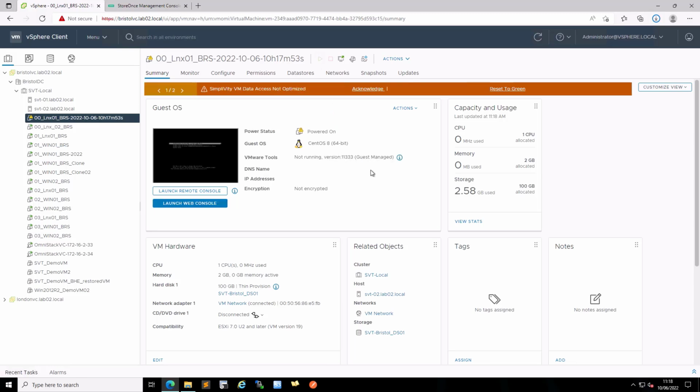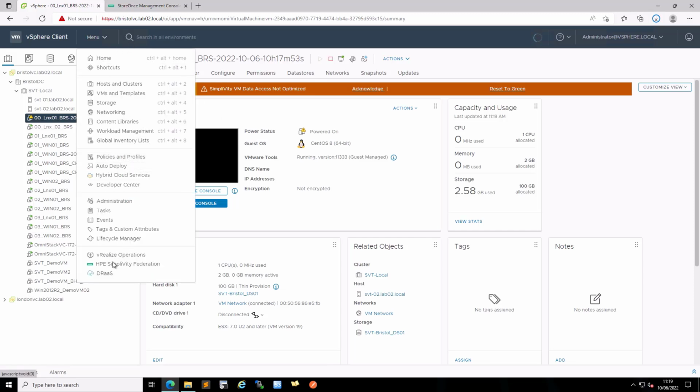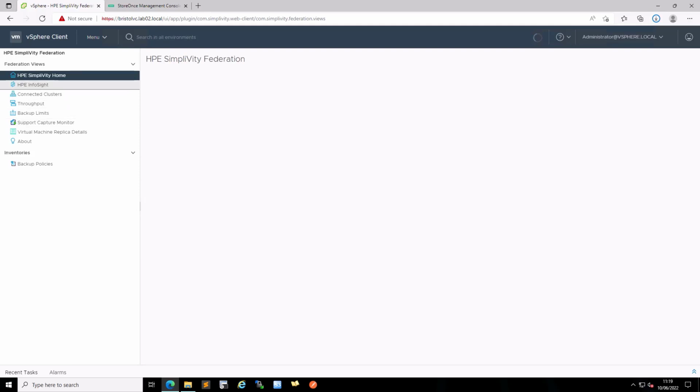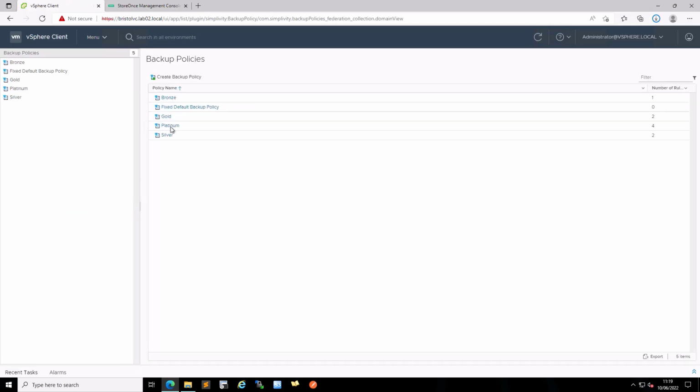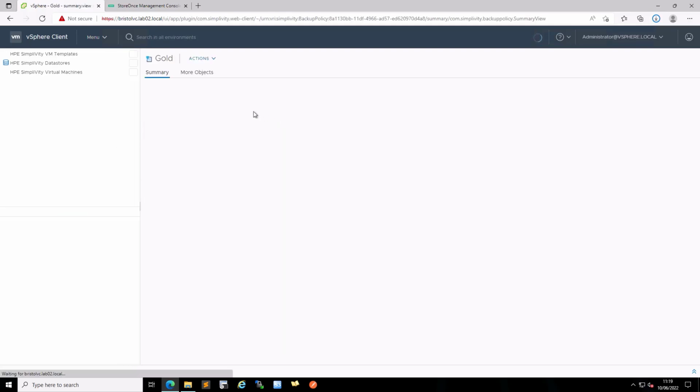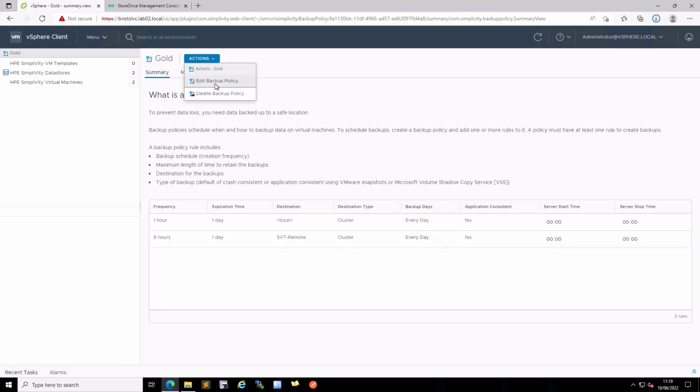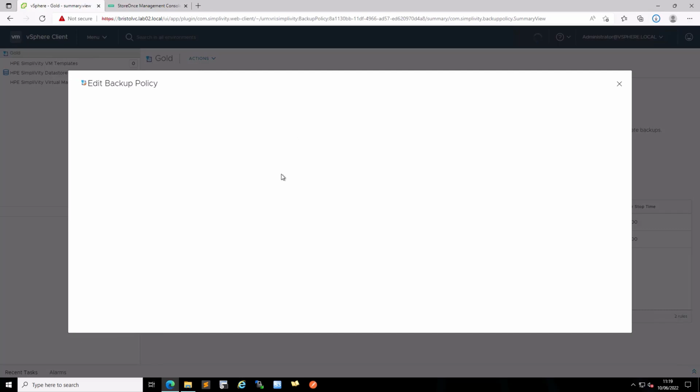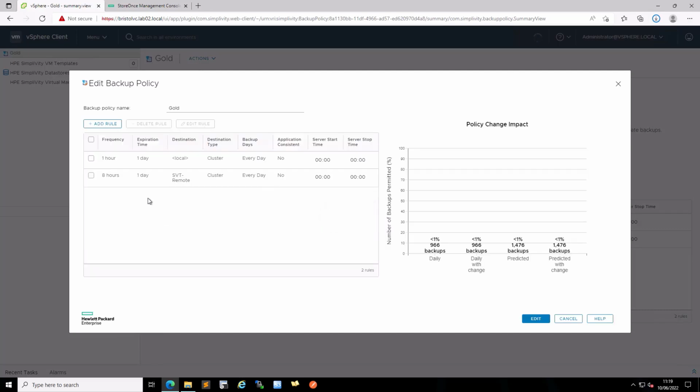In this example, I've run the backups manually so we can see the functionality in action. But we can also use an HPE StoreONE Catalyst store as a destination when creating backup policies or for editing existing backup policies. Here, I've added a new rule for an existing backup policy where we'll be using our HPE StoreONE external store.